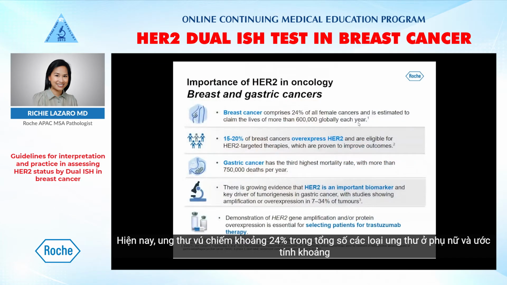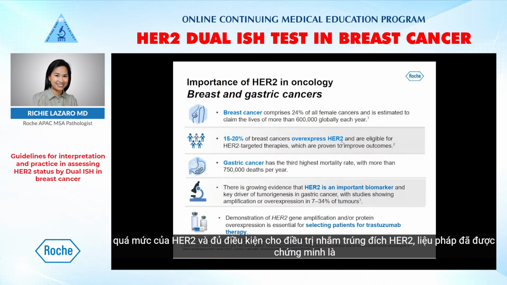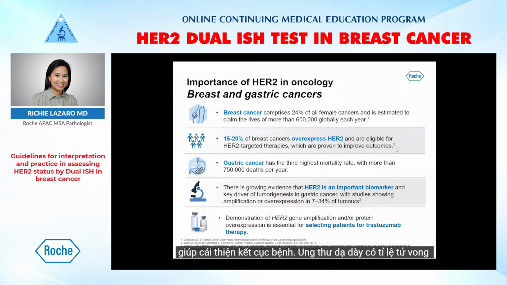Now, breast cancer comprises 24% of all female cancers and is estimated to claim the lives of more than 600,000 globally each year. 15 to 20% of breast cancers overexpress HER2 and are eligible for HER2 targeted therapies, which are proven to improve outcomes. Gastric cancer has the third highest mortality rate, with more than